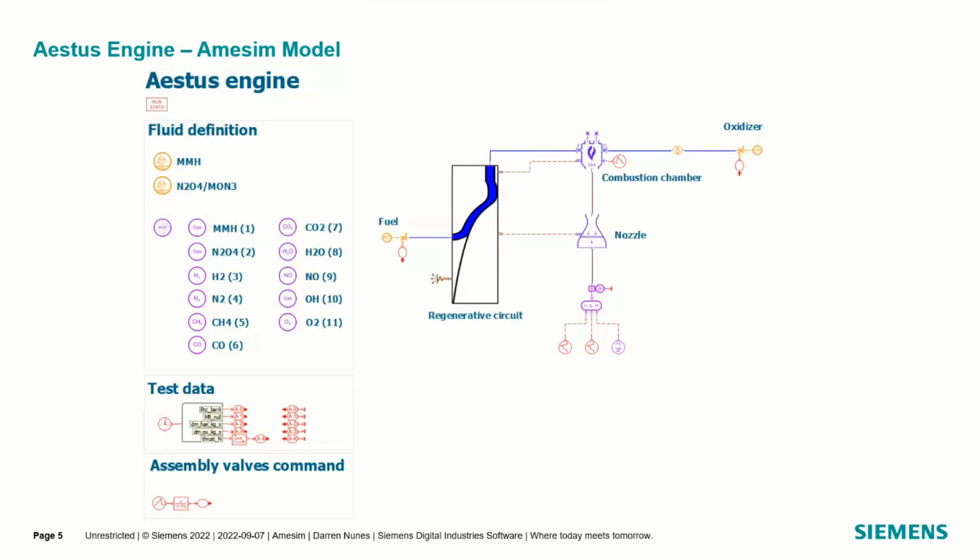So if we look at the model here, it's composed of two different parts. The left-hand side is where we have our fluid definitions. So this is where we have our fluid properties, some engine data that we have from literature, the control valve signals that are going to let the flow through the fuel or the oxidizer, and those are connected to variable orifices. They're just one way to represent control valves, but we have further fidelity that we have through the development stage. On the right-hand side, we have this sketch of the engine itself,